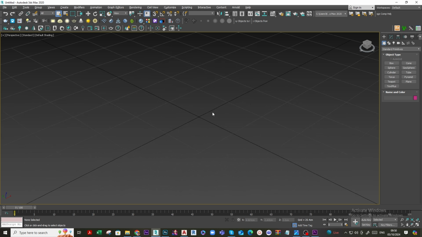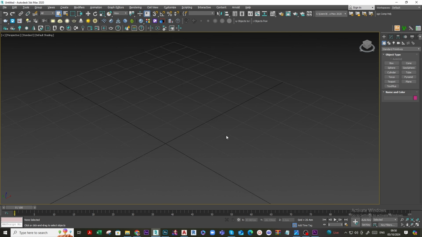Today I will show you how to import a CAD file in 3ds Max. And we have two options for importing our CAD in 3ds Max. First, I will let you know